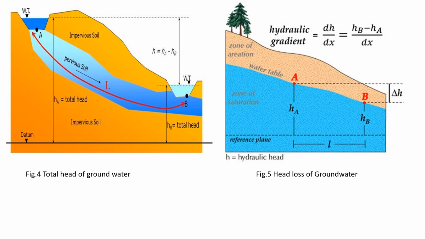And here is the graph of total head of groundwater, head loss of groundwater. Total head of groundwater is how the movement of the groundwater occurs through the pervious soil between two impervious layers of the soil. And in this, I also explain how it is total head. And in this next figure, head loss of groundwater. Head loss of groundwater is represented by the hydraulic gradient. Hydraulic gradient is explained through the head loss per unit length, which is HP minus HA upon dx. Moving to the next,